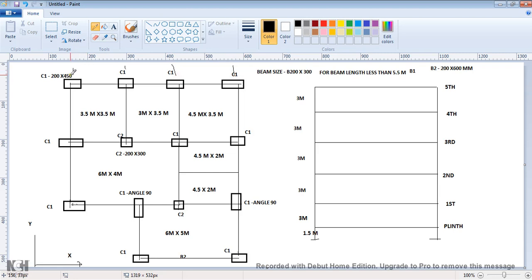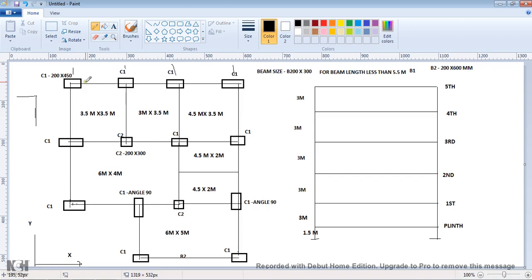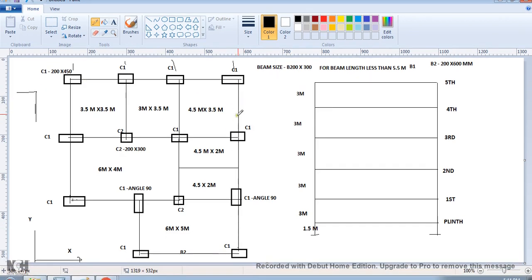I am considering this from the top. First my intention is to draw the inverted L shape. Later I can copy this in the x direction. If I draw this inverted L from here to here, now I can copy this in this direction by minus 4.5.